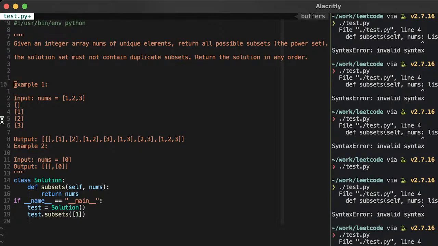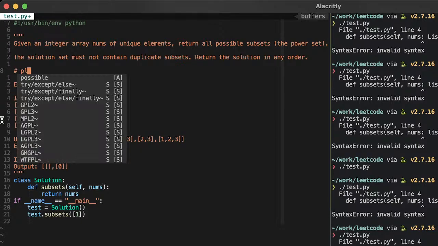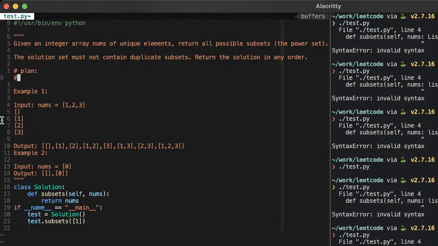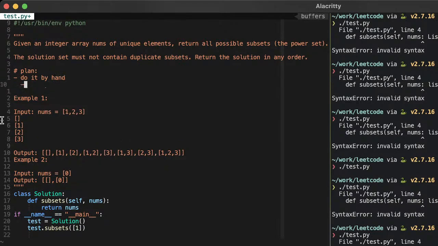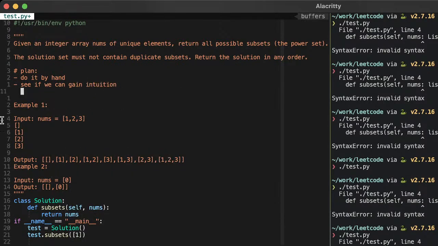So the plan here is do it by hand. See if we can gain intuition. Translate that to code. Okay, so let's do it by hand.